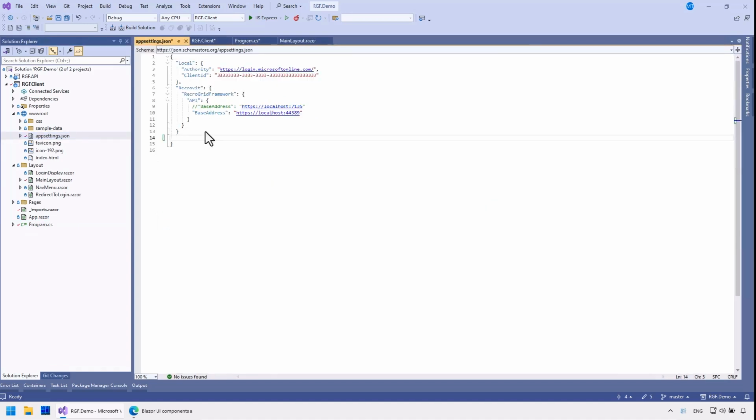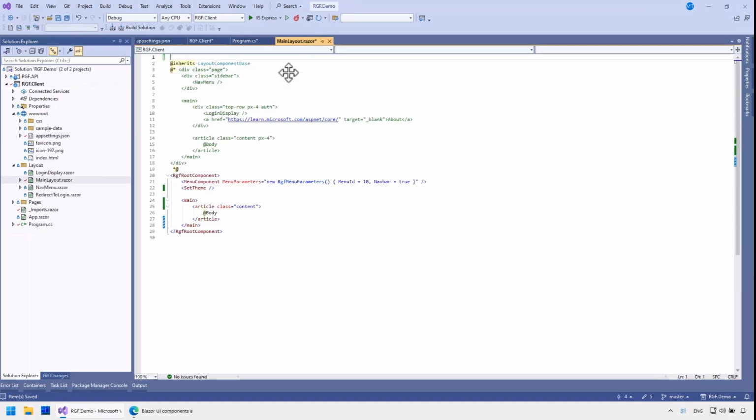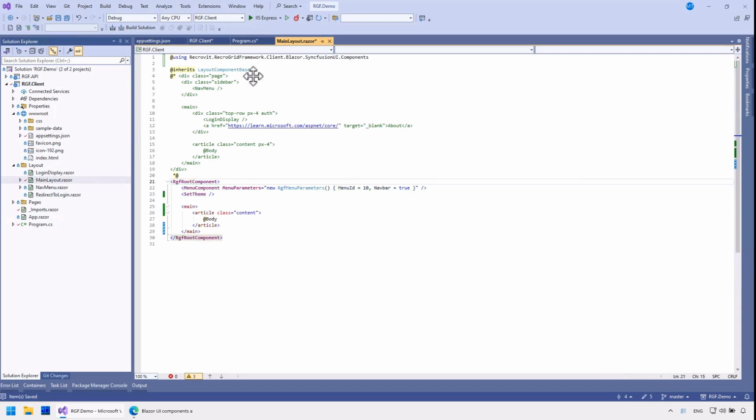I will read the key from the app settings. This is where you need to insert the license key. I modify the namespace. I'll build the program, and we're done.